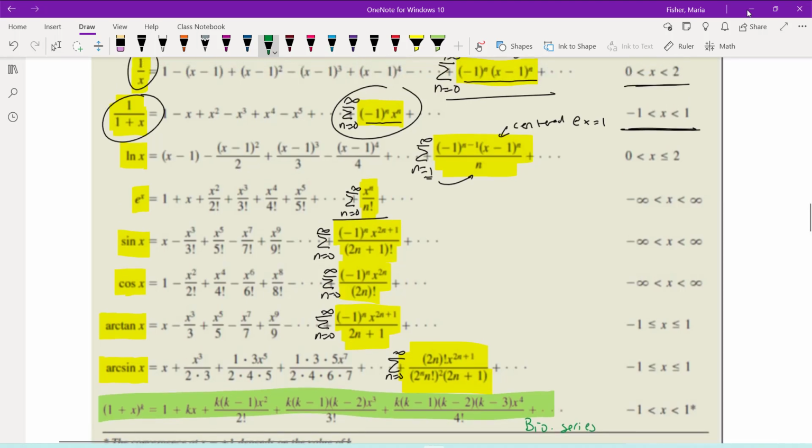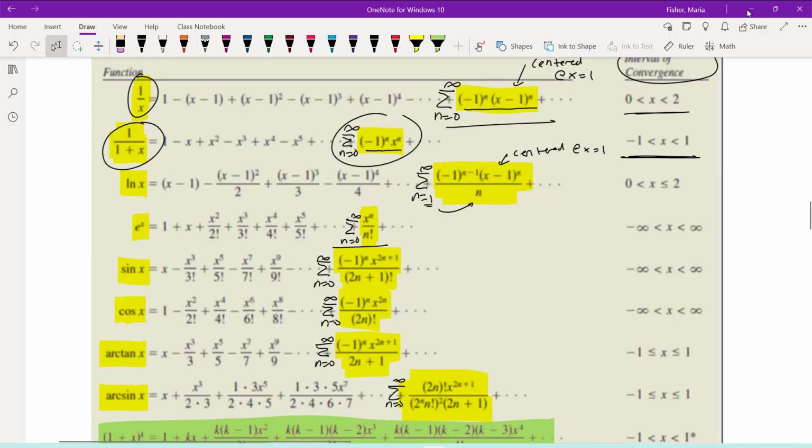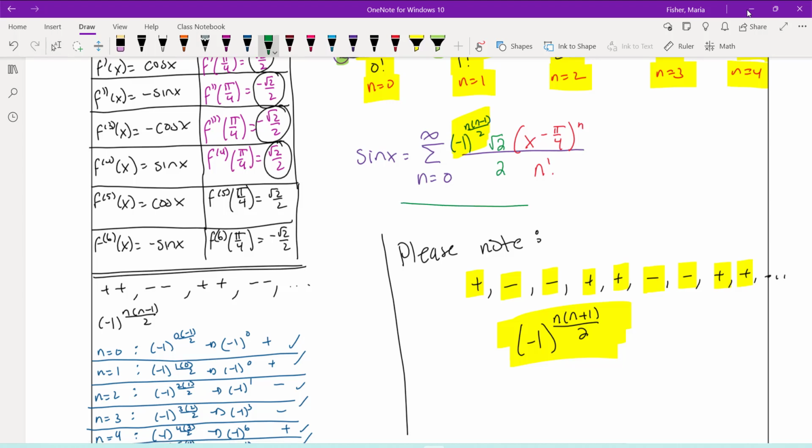So what we're going to do is look at creating a Taylor or Maclaurin polynomial. Now when we're creating it from these series that are known, it has to be centered at the same place. So I can't use this formula here for the problem that we just had because this is centered at 0 and we were centered at pi over 4, so we wouldn't get the exact same answer. So notice that this would be nowhere near what we have for the other one, which is for the sine of x centered at 0,